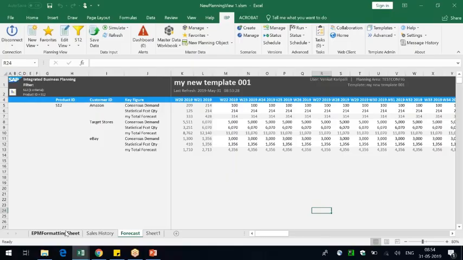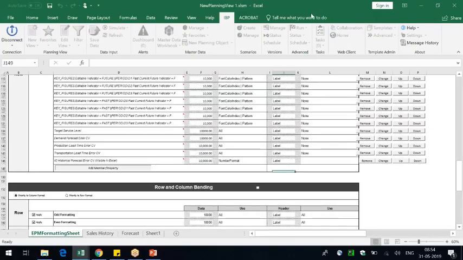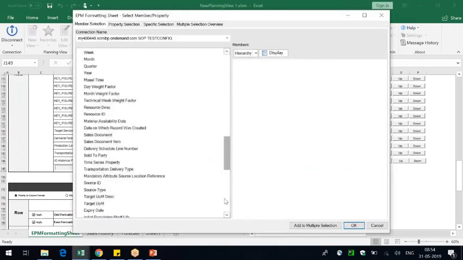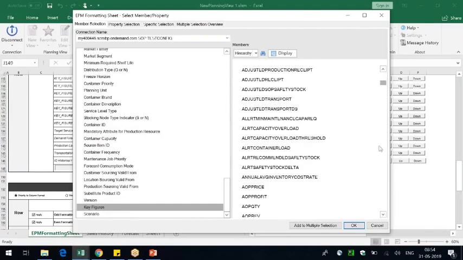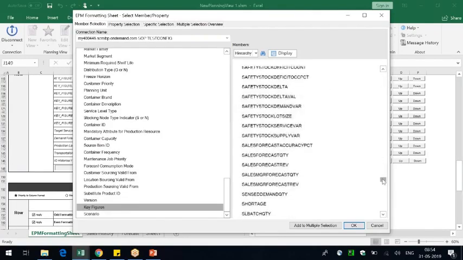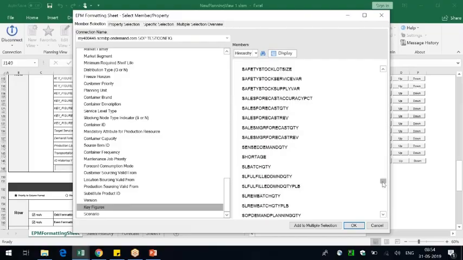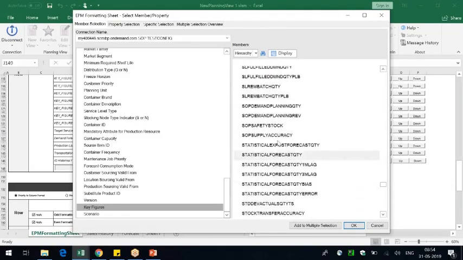Same thing. Go back to the EPM formatting. Click on Add Member. Go to your key figures. Go to your stat. This is your key figure. Click on OK.